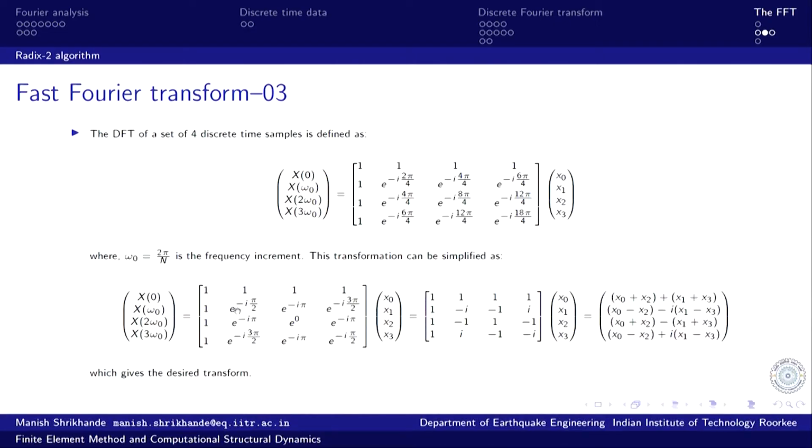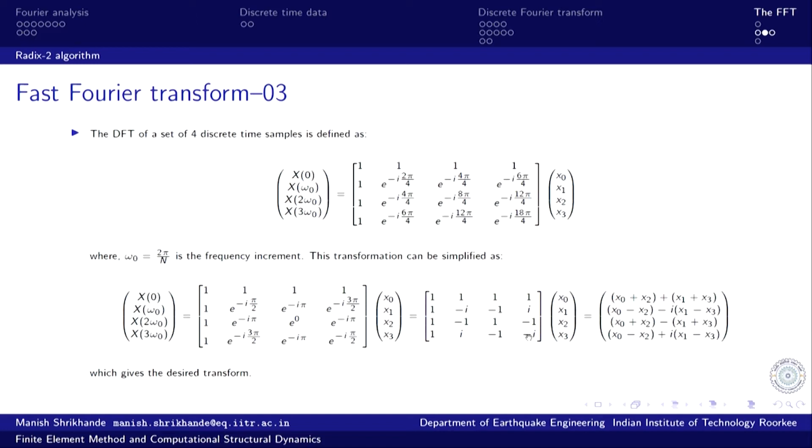And then we evaluate these complex exponentials, and we see that this particular term is e raised to the power minus i pi by 2. At pi by 2 the cosine term is 0, so all that we will be left with is minus i sin pi by 2, which is equal to 1. So, that is what we end up with here as minus i, and the next term here is e raised to the power minus i pi. That would be equal to cosine pi, and cosine pi is equal to minus 1.